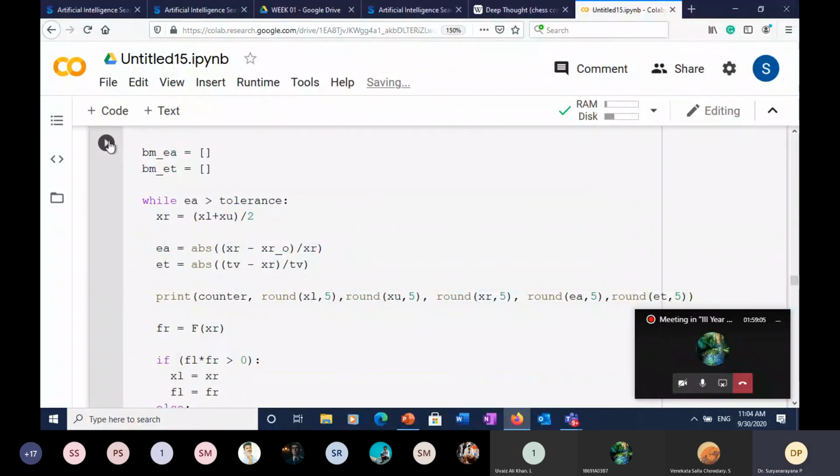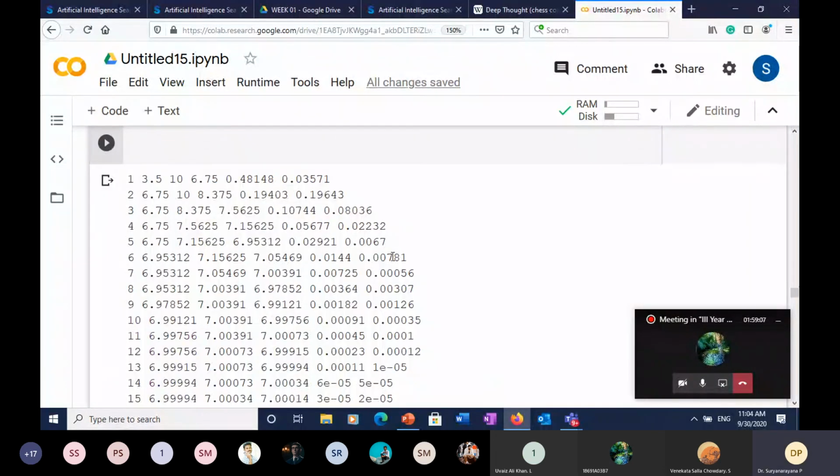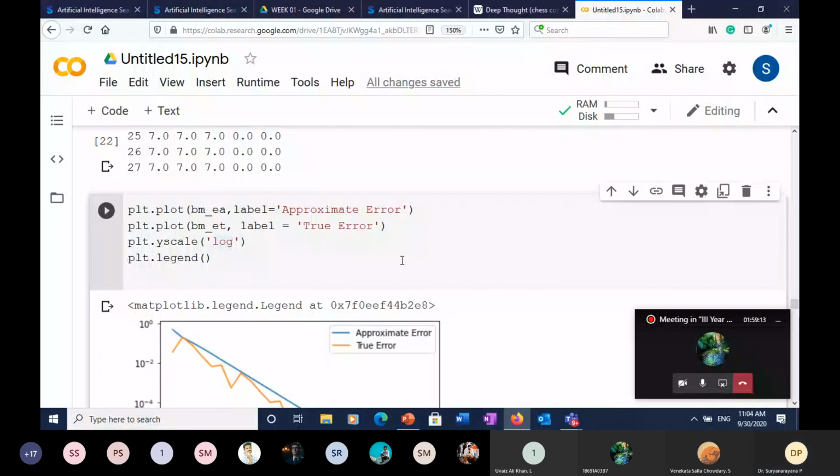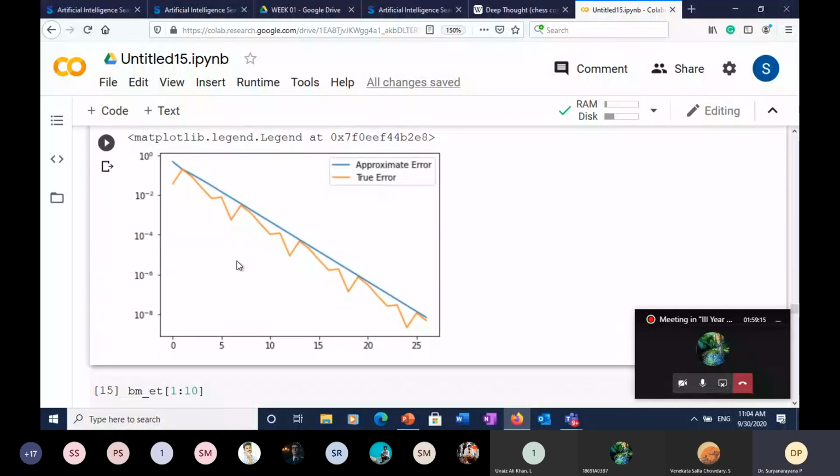We'll do a couple of things here. See, this is the plot. We'll not have that 0 problem anymore. So here's the plot. The approximate error, which you may not see as an important thing because we're simply comparing with the next iteration, very well approximates the true error. And the good news is the approximate error is always more than the true error. This is not always the case, but for the bisection method, this is the case.